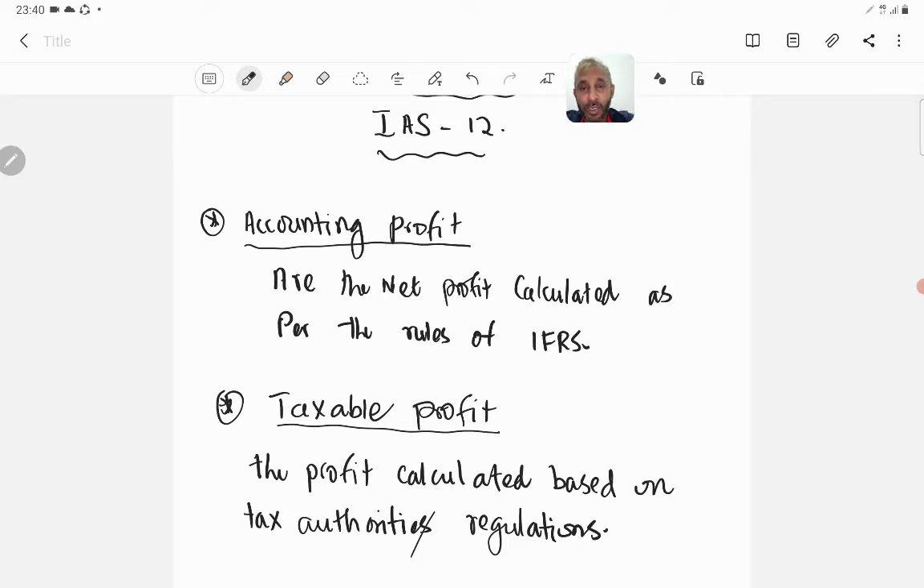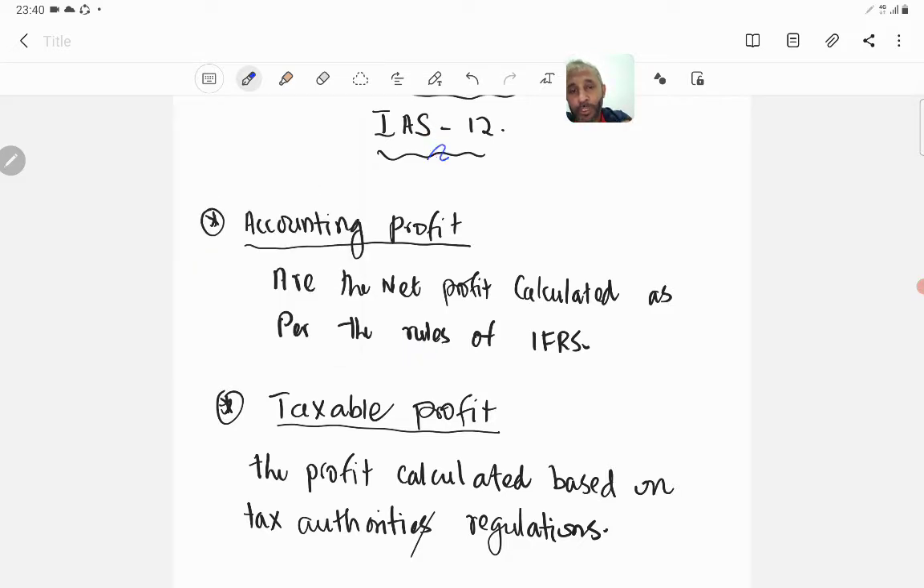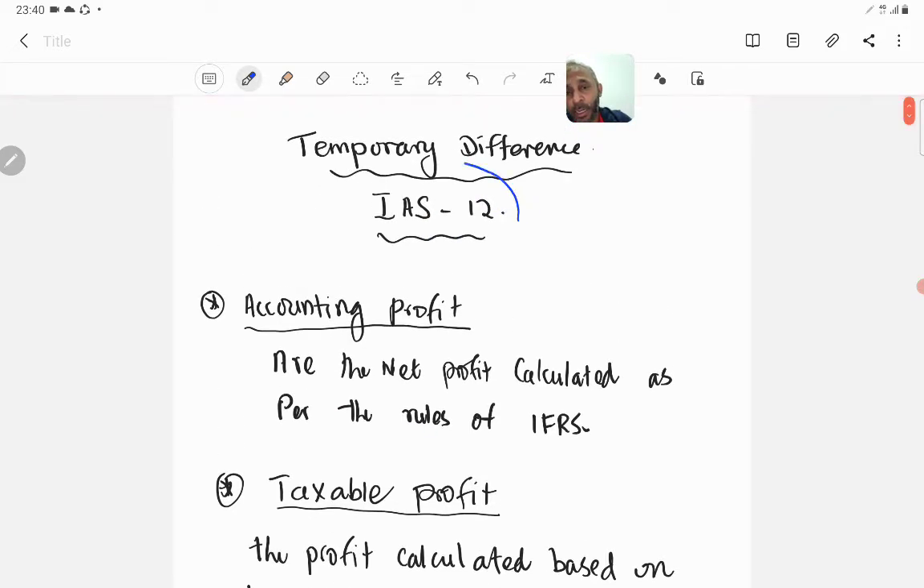And today I thought of picking up one particular standard, a portion of this standard actually, IAS 12. Especially I wanted to discuss this temporary difference because many of the students are really finding difficulty in understanding the interpretation of the standard as to what this temporary difference is. Let's go through